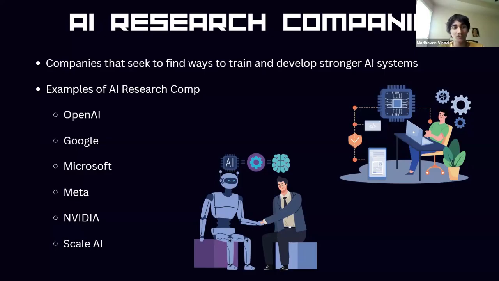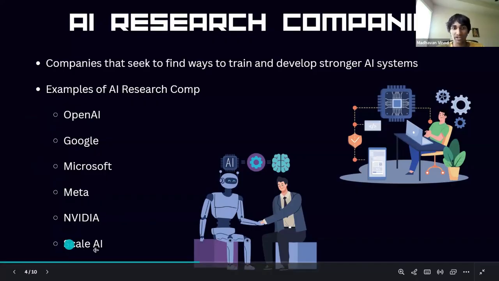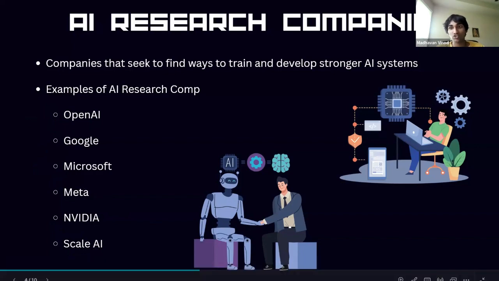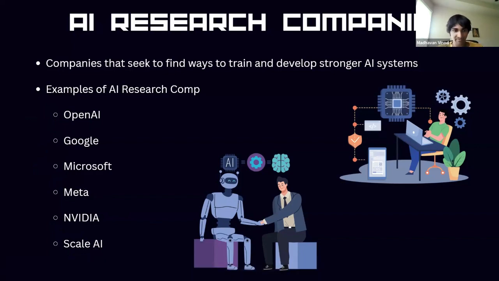We have OpenAI, Google, Microsoft, Meta, NVIDIA, and Scale AI. These are just a few of the many AI companies out there, and the number of these AI research companies is growing, and each of them does different functions. Some of these create actual AI models. OpenAI, Google, Microsoft, and Meta do. NVIDIA over here actually develops the hardware, the electronics behind AI. And finally, Scale AI develops, let's say, the digital technologies to actually handle data. And it also provides a large amount of data, from what I understood.